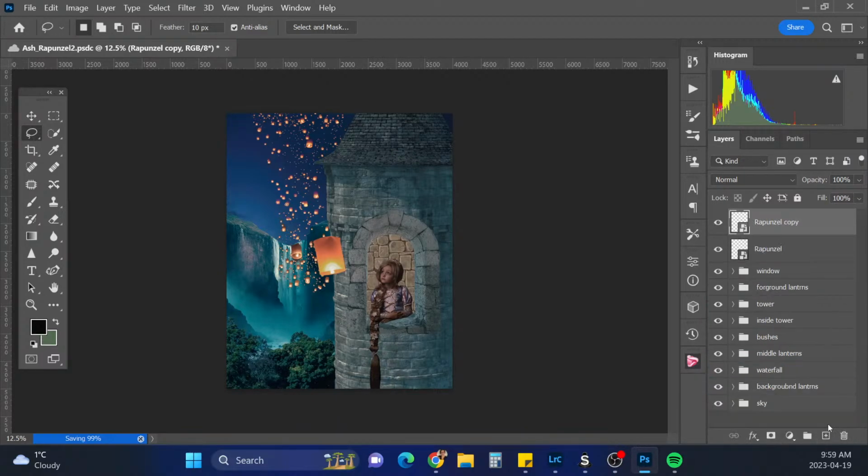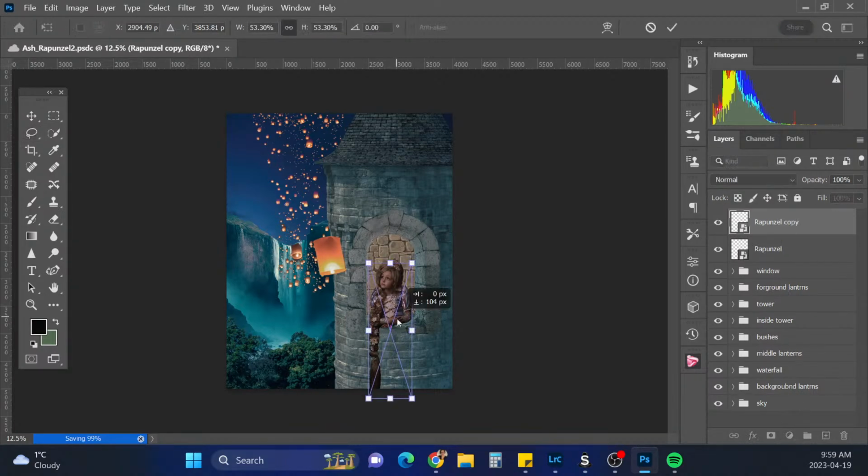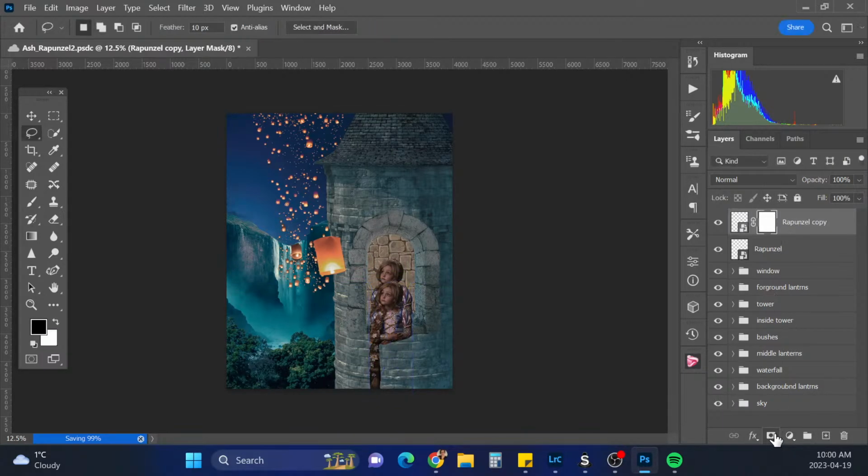Let's make a copy of her. And just gonna move the flower part down to here. And we'll put a little layer mask on her. Just see what it looks like. Oops.